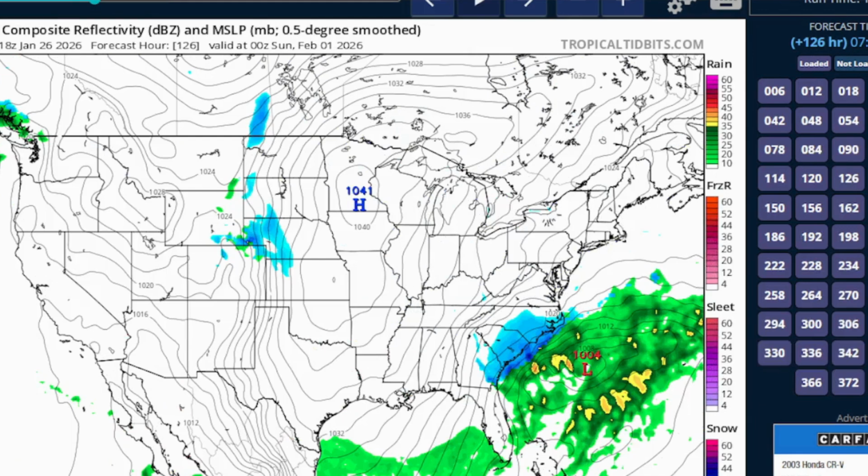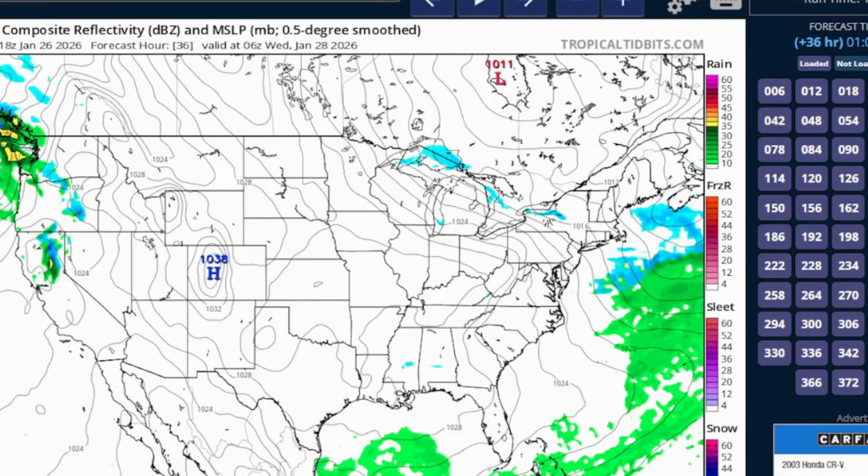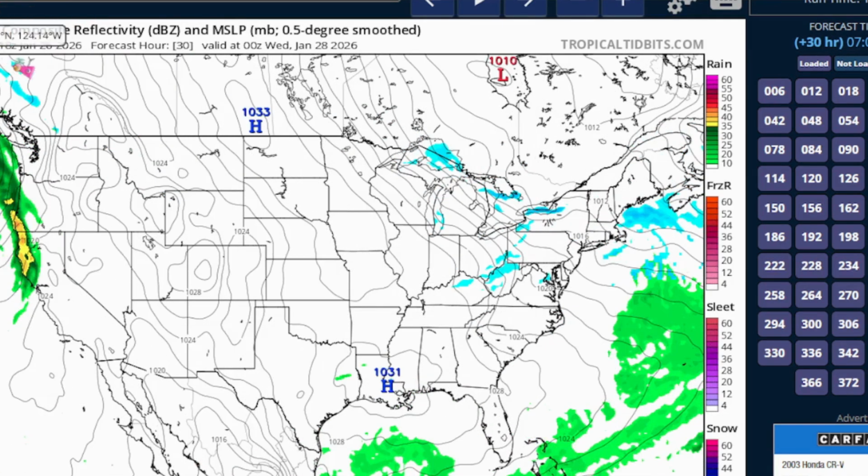So anyways, moving on to the first model, we will be talking about the GFS model. Currently I set it up for January 31st, but we will go into the beginning on January 27th, 7 p.m. Currently it is 8 p.m. here in Eastern, but in the Central, folks, it is 7 p.m. So here's what we're looking at.